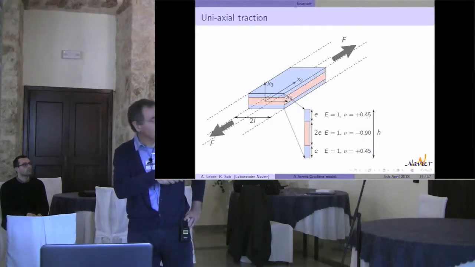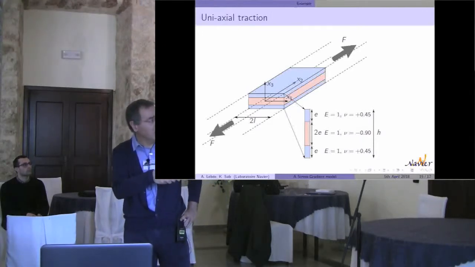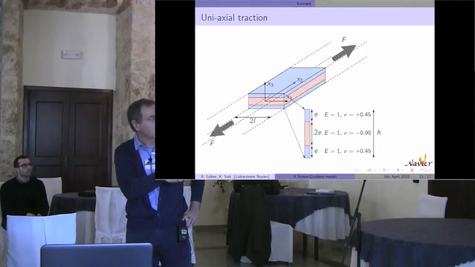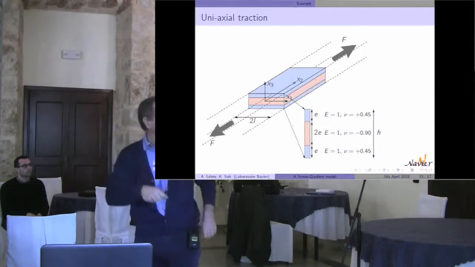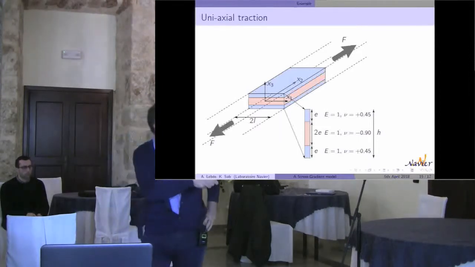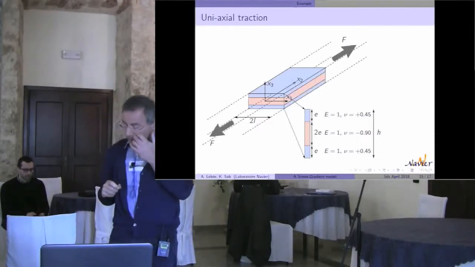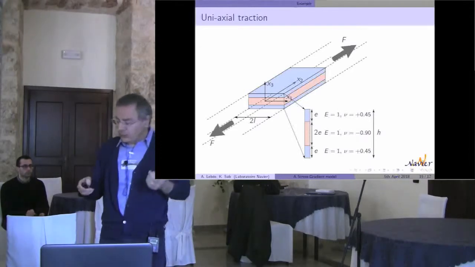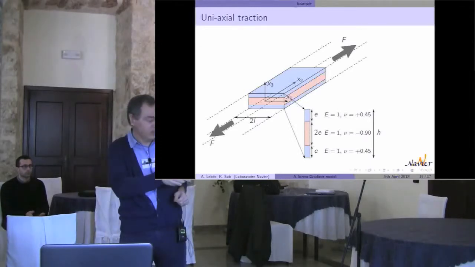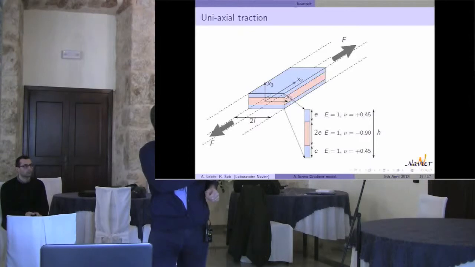So we have the structure. Here we have 3 boundary conditions. So the axes are 1 and 3 here. And we show you the N22, which is the distribution of the normal in this direction. What is expected here is that if you have a plane stress theory, of course it's uniform. You will have something which is uniform, which is equal